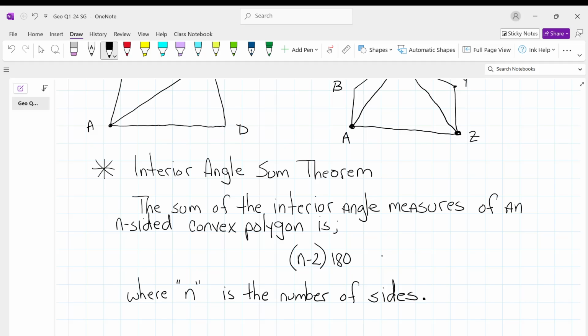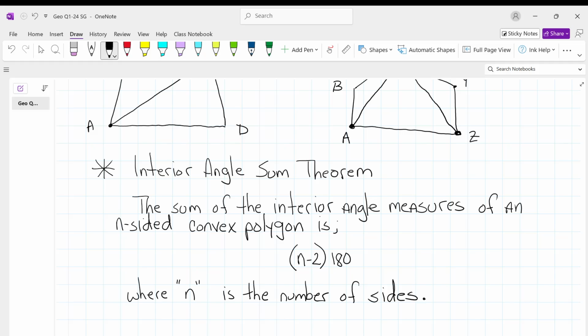If you have a shape, you take the number of sides, subtract 2 from it, multiply that times 180, and it will tell you what all of the angles inside of the shape would add